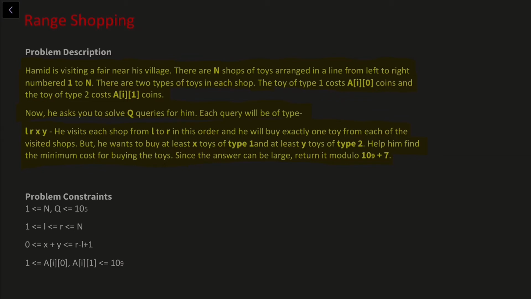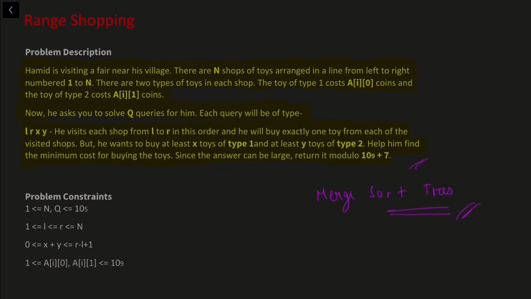Now there is a prerequisite to this problem and that is merge sort trees. Merge sort trees are basically a mixture of, we can say, merge sort and segment trees. So we need to know merge sort trees in order to completely solve this problem. But still, I'll try my level best to separate the logic of merge sort trees from the logic of this problem. And at the end of this video, I'm going to give you a sub problem that can be solved quite easily with merge sort trees. So the logic will be separate for that. So you can watch the complete video and after that you can learn merge sort tree to solve that sub problem. Right.